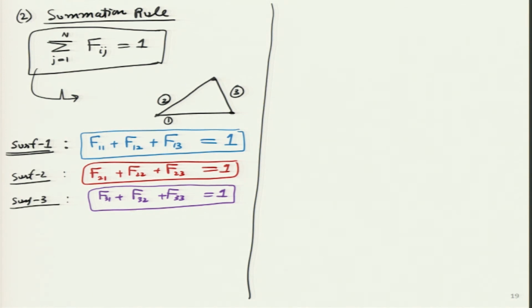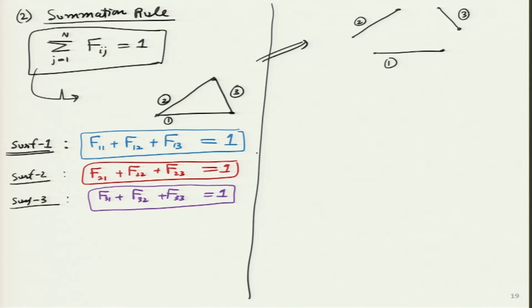Okay. Now, the only thing that we have to be careful over here is this summation rule will not be applicable if I pull these surfaces apart, which means the same thing if I draw like this. If this is surface number 2, this is surface number 1 and this is surface number 3. So, all 3 lengths are same between the 2 cases. So, all I have done is I have pulled these surfaces apart. So, there is now space between each of those surfaces.